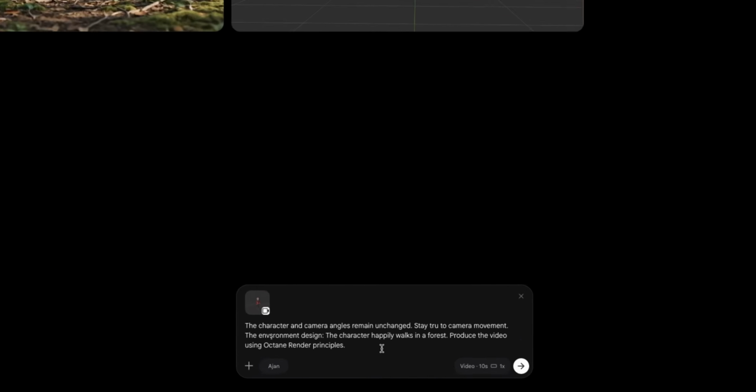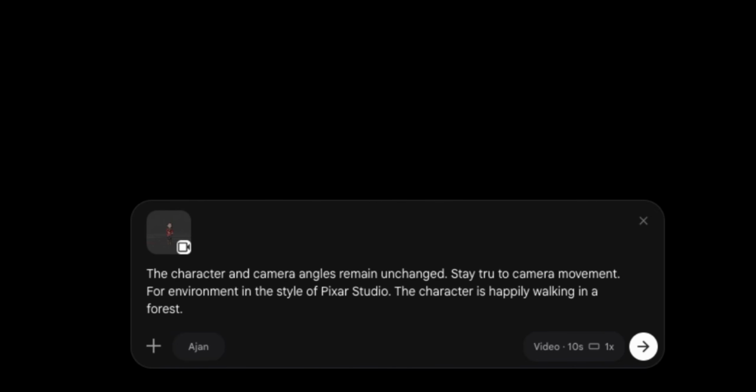I came over here, I'm going to change it. The character and camera angles remain unchanged. Stay true to camera movement. For environment, in the style of Pixar Studio, the character is happily walking in a forest. Okay,